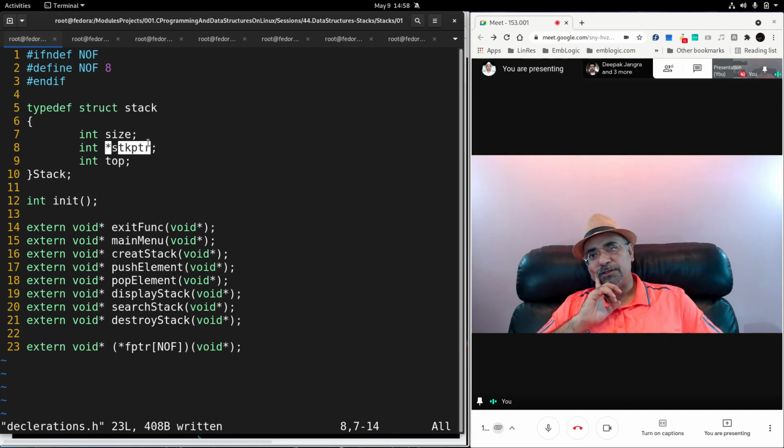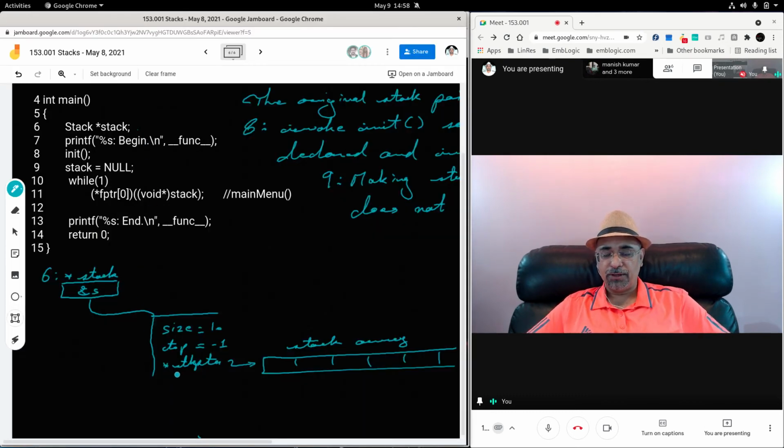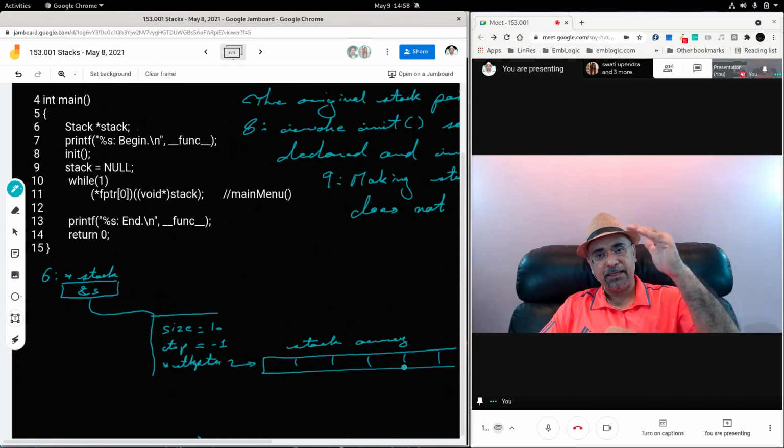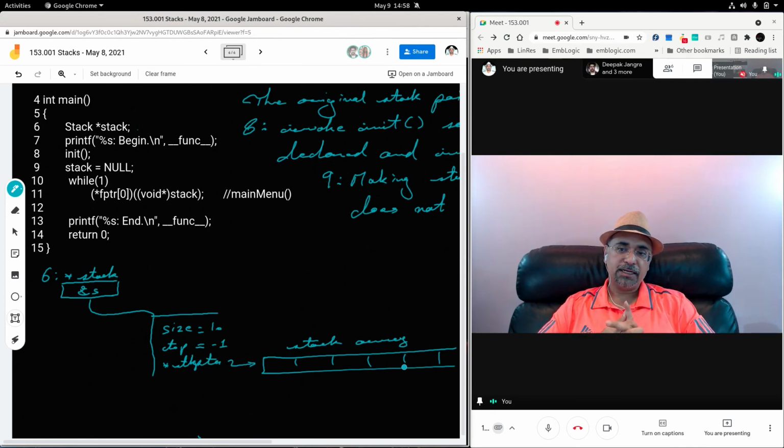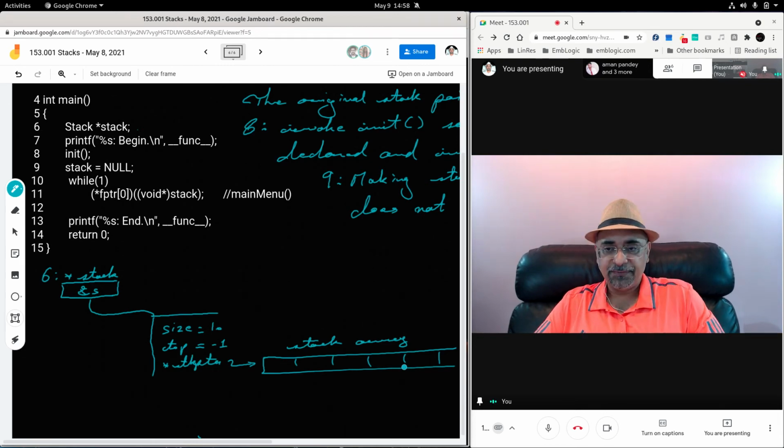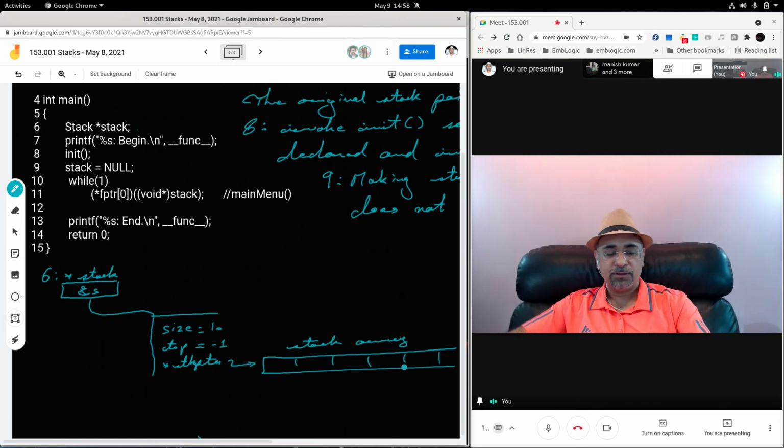Now these 4 bytes that are allocated for the pointer, this pointer needs to have an address. Okay, it is a dangling pointer right now. So what we did is, for this particular pointer, we created a stack array. Stack is being implemented in an array. Okay, so where is that array? So this array is allocated now, and the starting address of this array is stored in stkptr. Yes. We did malloc twice. First we did malloc for this 12 byte structure, and then